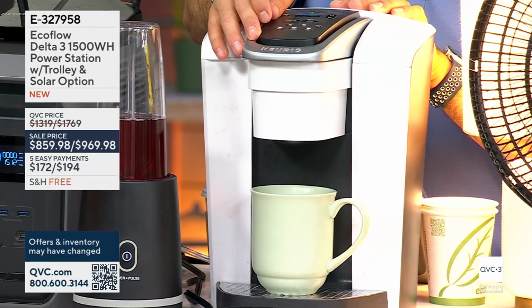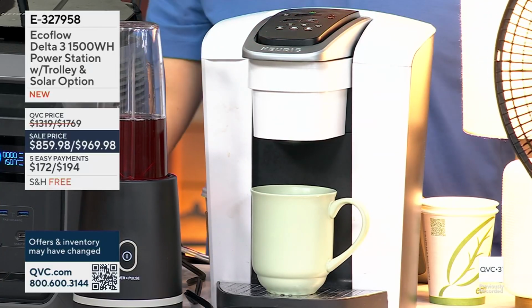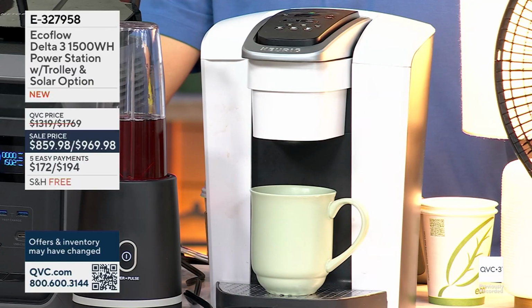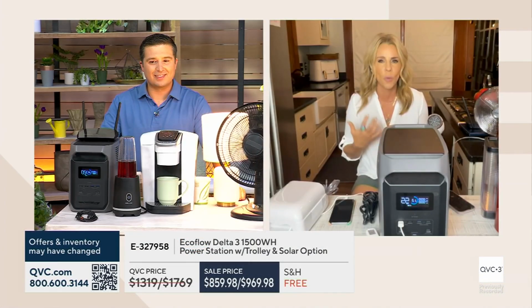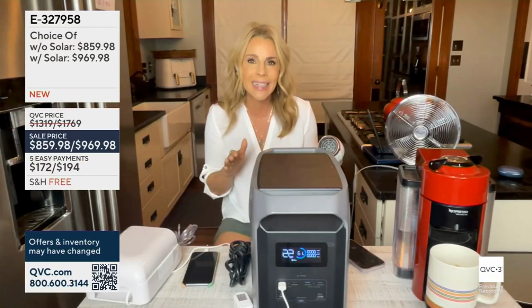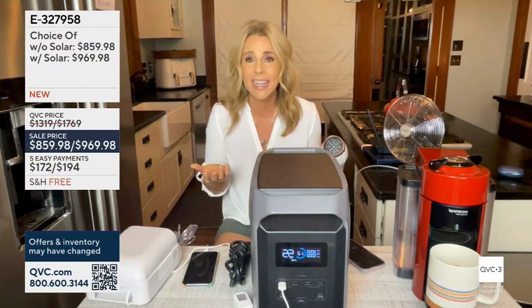I think the Keurig coffee maker pulls about 1,800 watts of power. So most other power stations in the market can't support it, but the EcoFlow does. And that's what you want when you get this home. You don't want to wonder, like, is it going to work with this item? Maybe not. 99% of everything in your home. And we say that, Justin, I